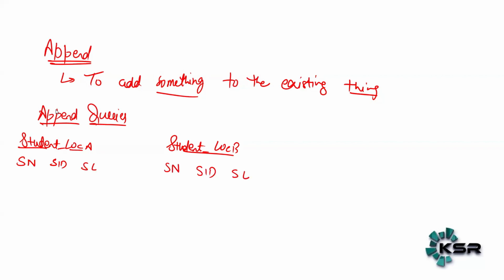Here everywhere the location will be location B, suppose it is US. Location A is India. So let's mark everything here as US, US, US, and student names, suppose